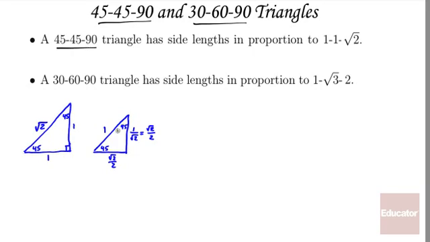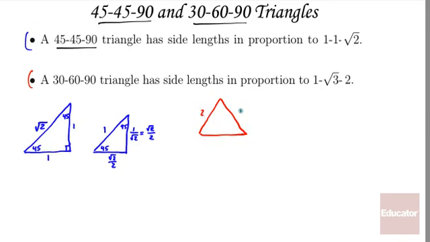So those are very important values to remember, because those are going to come up as sines and cosines of our 45-degree angles on the next slide. But first I'd like to look also at the 30-60-90 triangle, and I have to do a little bit of geometry to work this out for you. So I'm going to start with an equilateral triangle, a triangle where all three angles are 60 degrees,